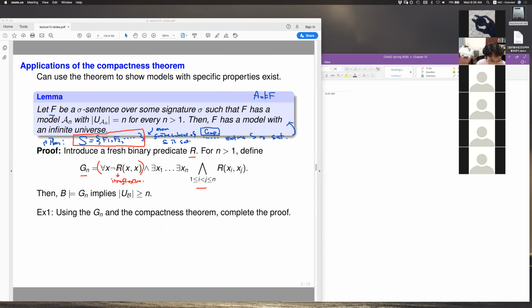Because R is irreflexive, it doesn't relate x to itself. If we have some situation like this, where you have x1 up to xn, and xi with a smaller index is related to xj with a larger index by R, R will never relate the same thing. So that implies xi has to be different from xj. So this is a way to encode